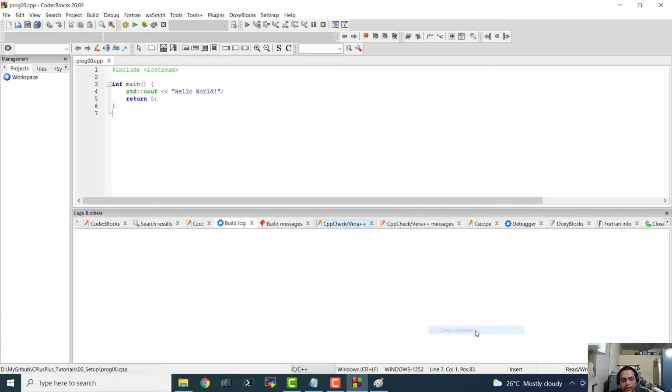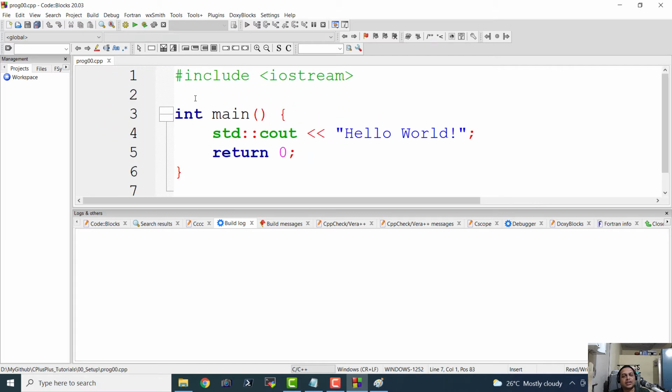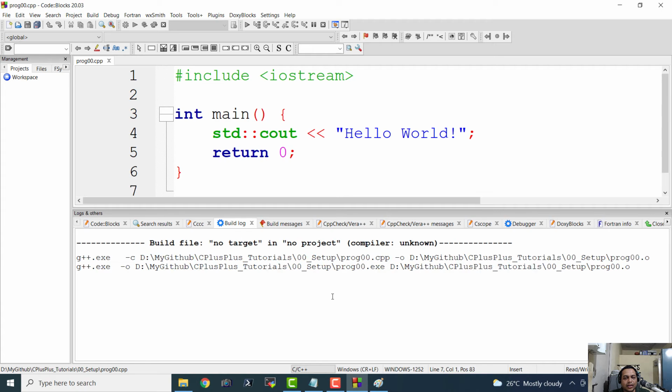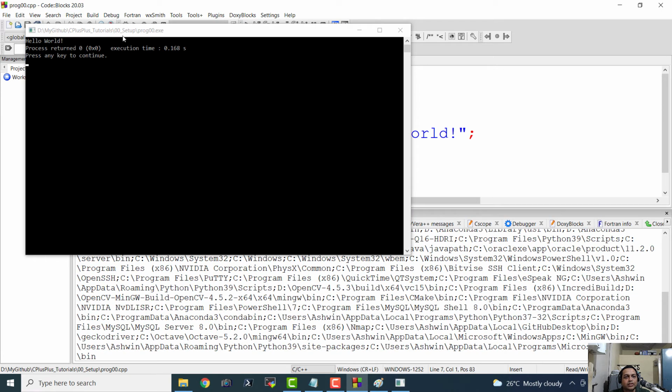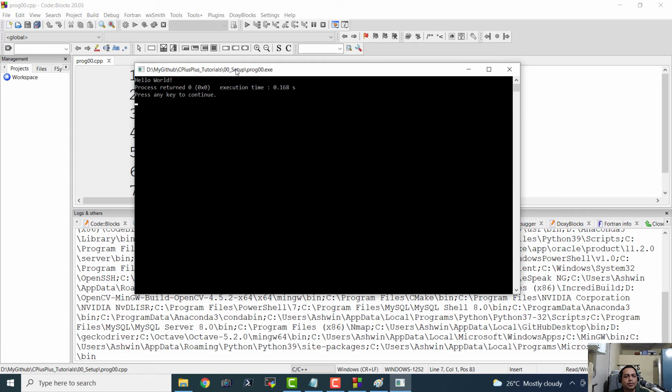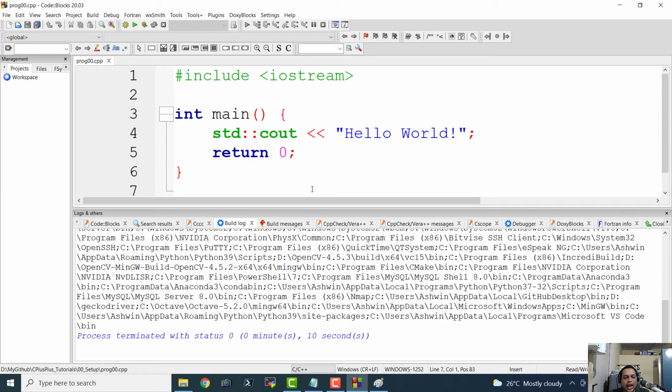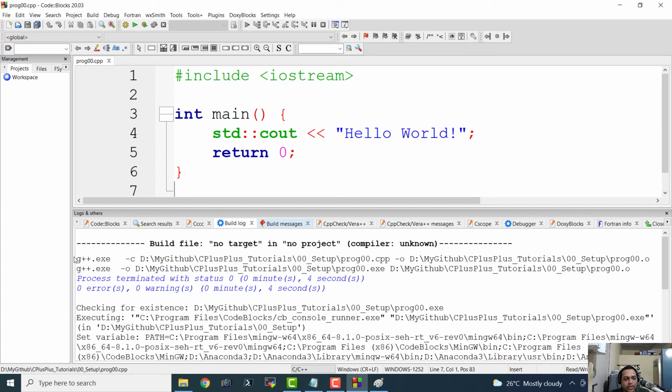So let us clear contents of the build log and let us directly go ahead and build and run in a single go. Meanwhile, let us increase the font size. So if I do this, yeah, it is automatically detecting that it's a C++ file because we have provided the C++ extension for the program, and it is automatically using that G++ compiler. Okay, so that is cool. So this is how we can